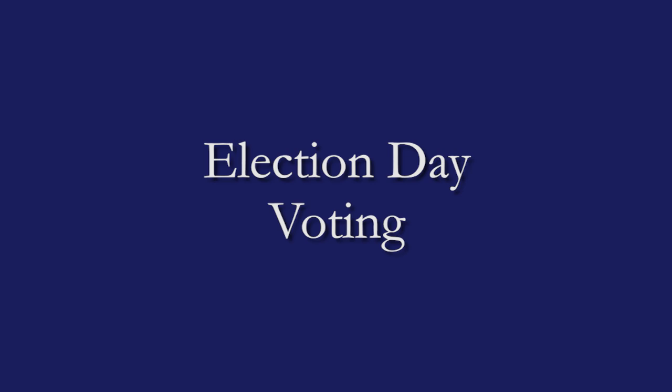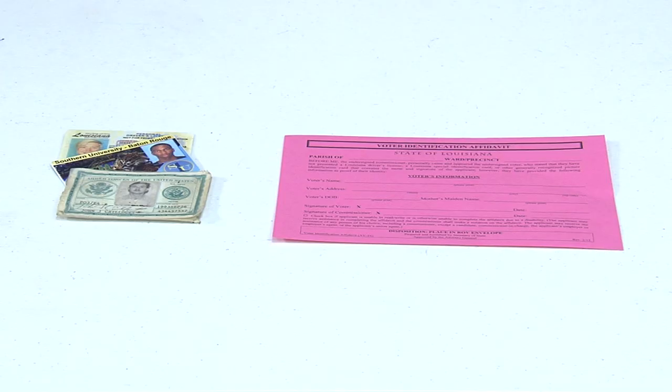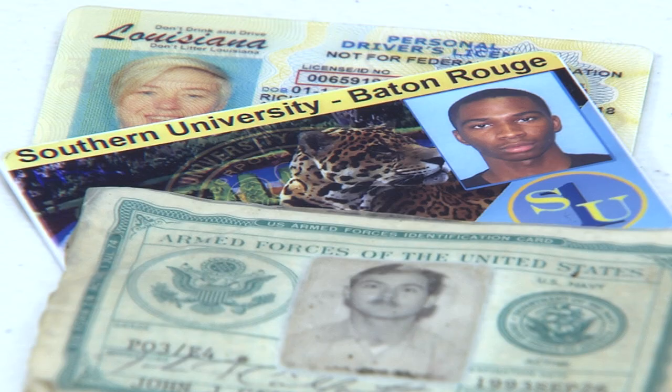Election Day voting. Identifying voters. In order to vote, a person must have a photo ID or complete a voter identification affidavit. For photo ID, commissioners may accept any generally recognized photo ID that has the voter's name and signature, such as